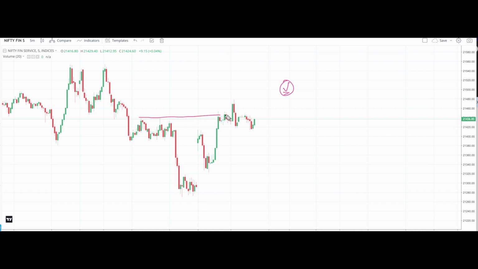Now the second analysis. Continuously many people are considering this level as resistance. That means the seller stop loss might be available on top. So the bullish flag pattern is saying that we can expect a breakout, and stop loss hunting is saying that the market can move towards the upside. So based on this, let's say I had a bullish view about the market.